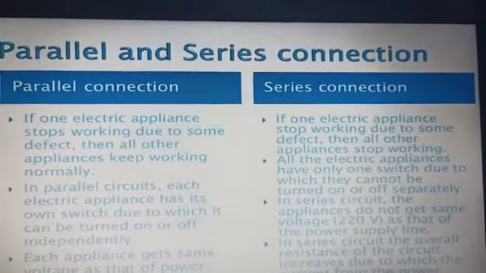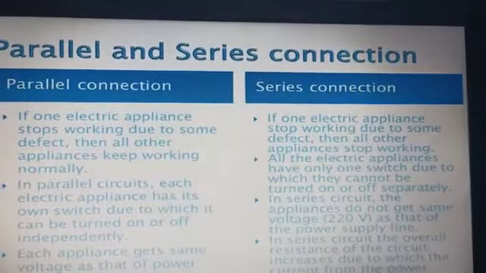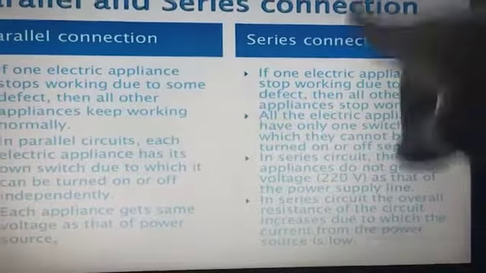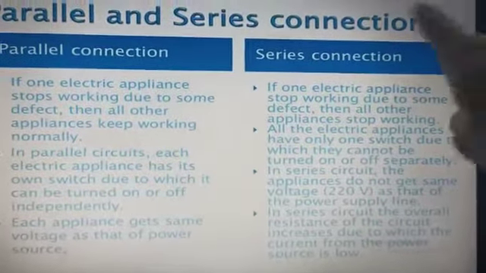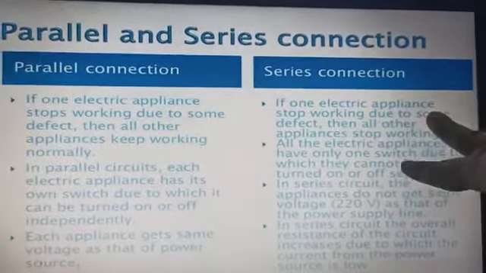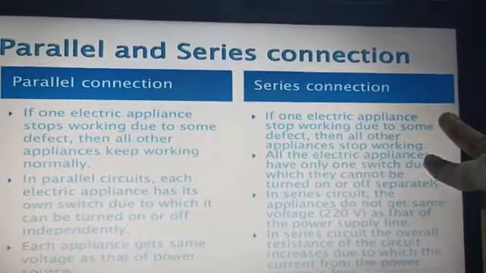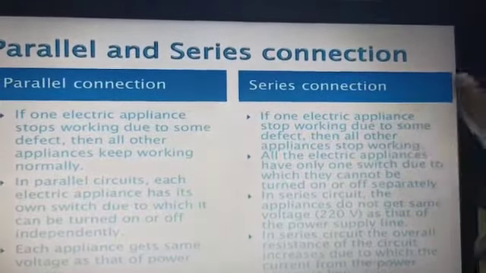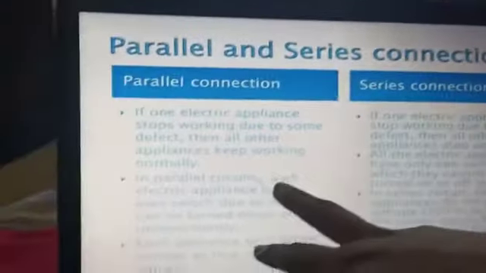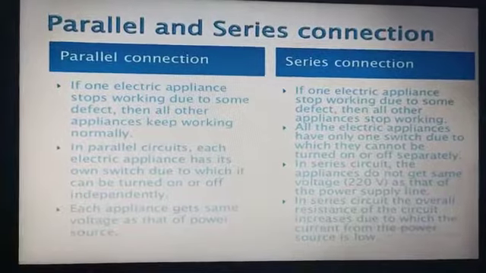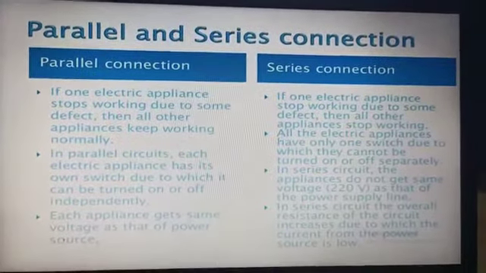So there each bulb is connected to the other bulb in series. Even if one bulb gets spoiled, the whole string of lights gets spoiled. That's a series connection example. That's why those are only used as decoration lights, and this kind of connection cannot be done at home. But parallel connection is done in all the other places, in homes, offices, schools, everywhere.